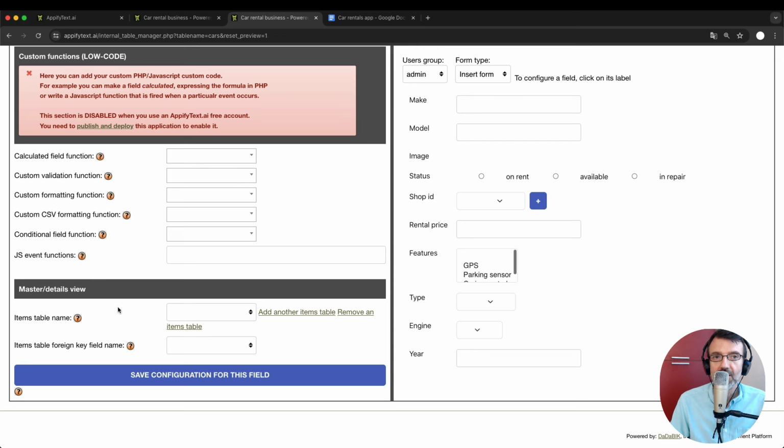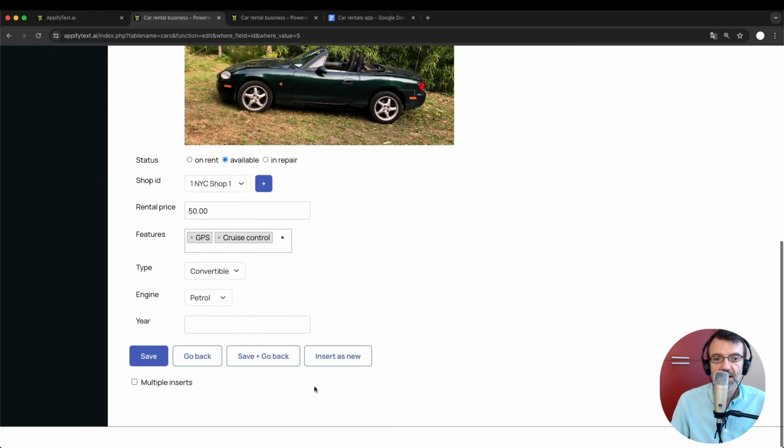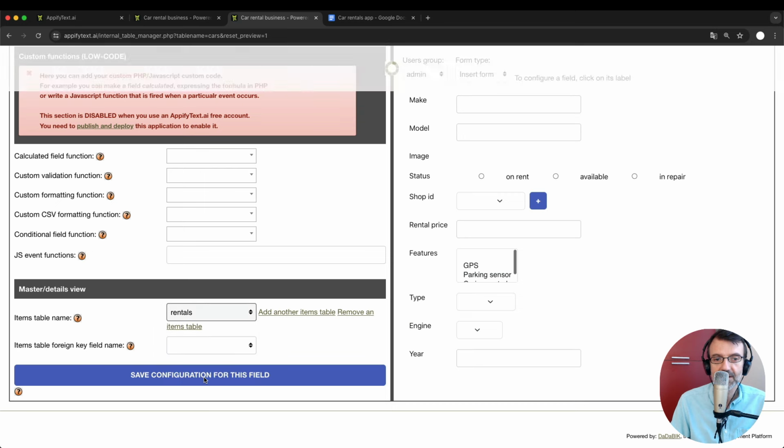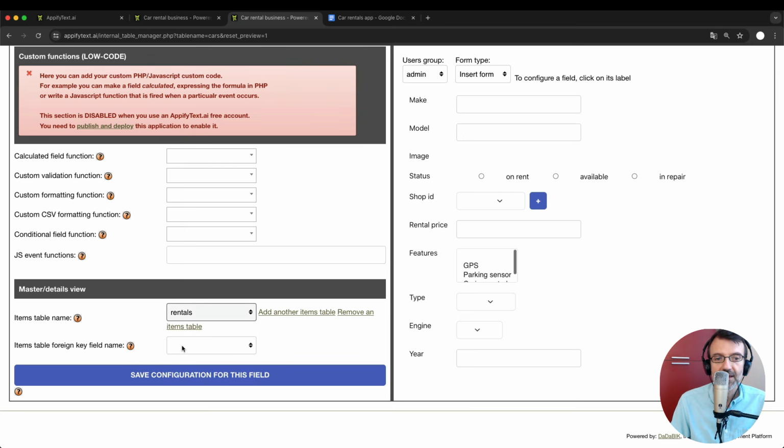The first master details view we want to add is the rentals. So for each car, we want to see the rentals related to that car. We just need to choose the items table name, that is rentals, and here the items table foreign key